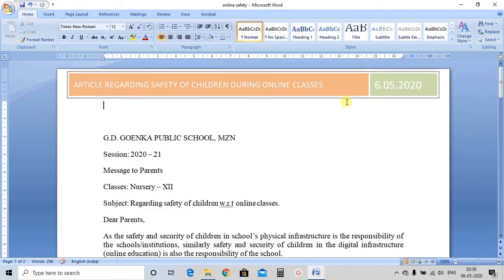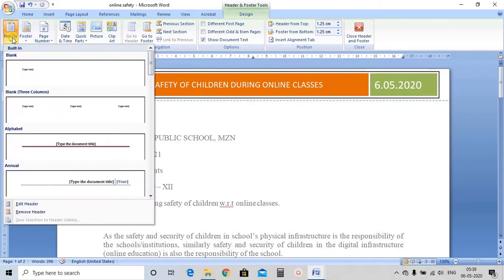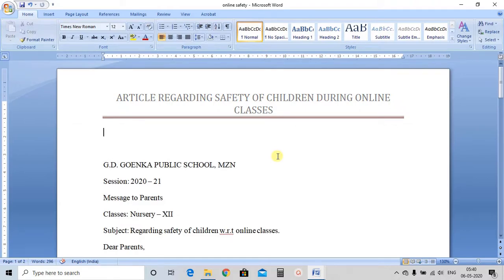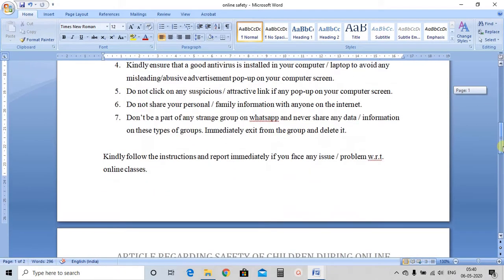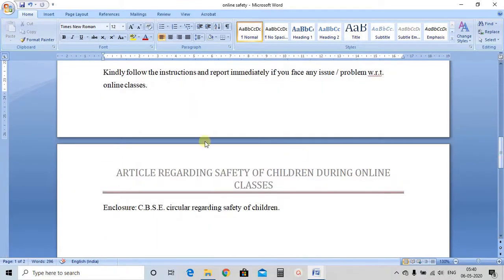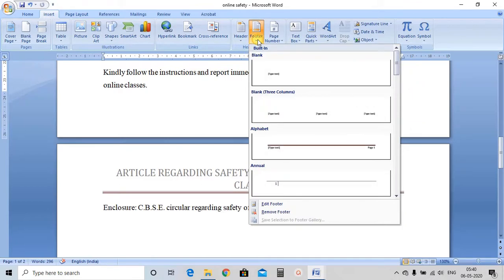Clear? Now you understand how to insert header and footer, header part, and how to change the layout of the header. If you want to change, you can change it easily by going to the design tab. If you want to insert any picture, anything, you can do it from the design tab. Clear? Now same with, there is a footer option also. Like you have inserted a header, same is there that you can insert the footer. Footer means the things which appear at the bottom of every page. Now to insert the footer, go to the insert tab and select the footer option.